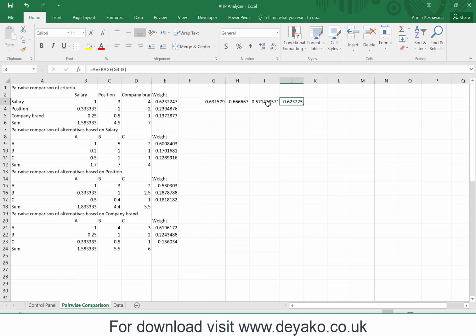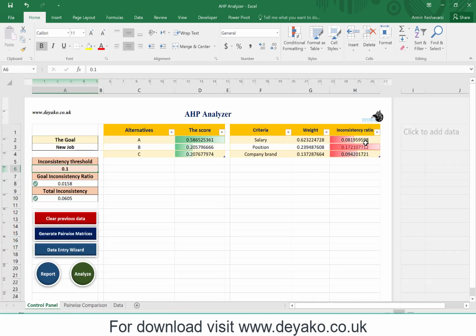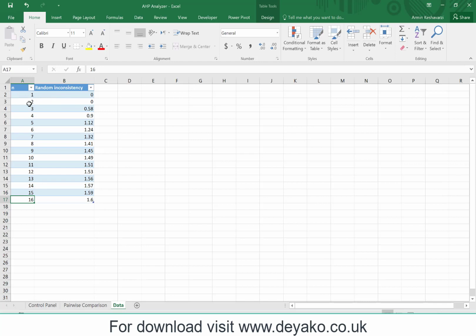As you can see, this is the method of the AHP. After we calculate the weights for each of the rows, we calculate the total weights for each criteria. As you can see here, based on the AHP method, these are the total weights for each criteria, and after that we calculate the alternatives scores. After we calculate the scores, we calculate the inconsistency ratio based on the random inconsistency ratios. These are the numbers of the criteria. For example, we have three criteria right here, so the random inconsistency is